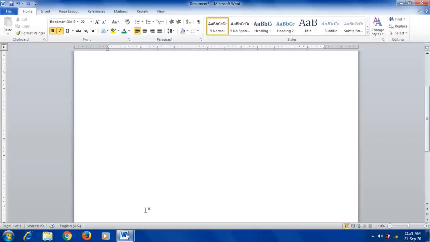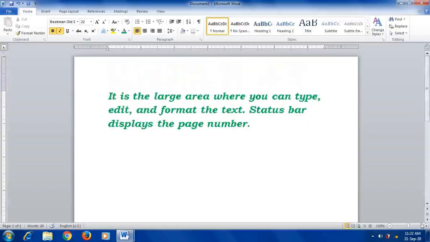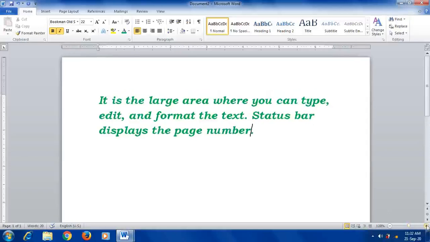You can move the screen display towards right or left using the horizontal scroll bar, and scroll it up and down with the help of the vertical scroll bar. If you want to move this document up and down, you can use this vertical scroll bar, and if you want to move from left to right, widthwise, then you can use the horizontal scroll bar.